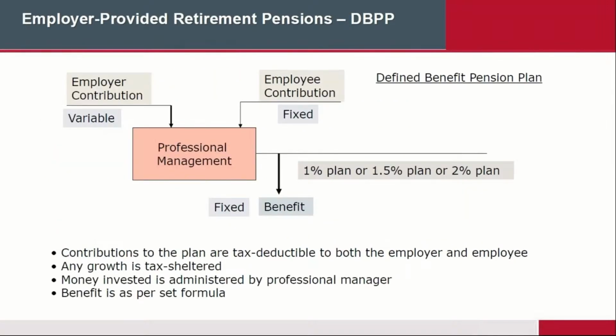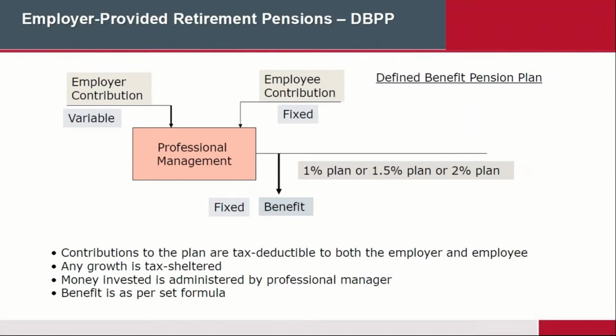So, company pension plans also exist. Some of you may actually have, or maybe your parents, for example, may have a company pension plan. And that's what we're talking about here. There are 2 kinds of company pension plans, and we need to know both. The first one is a defined benefit pension plan. Okay, defined benefit pension plan.